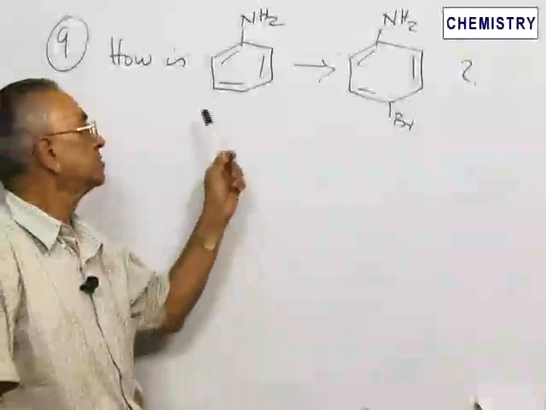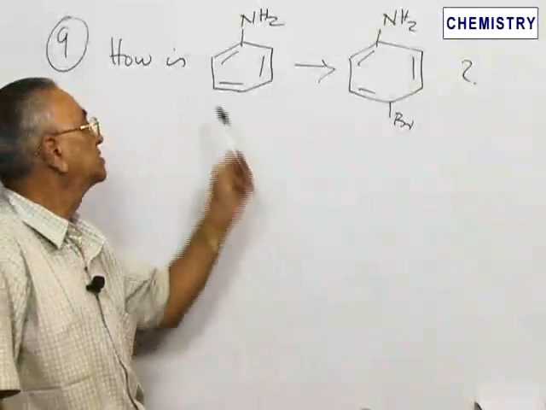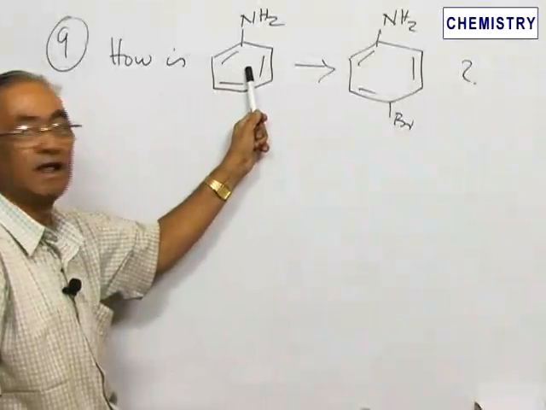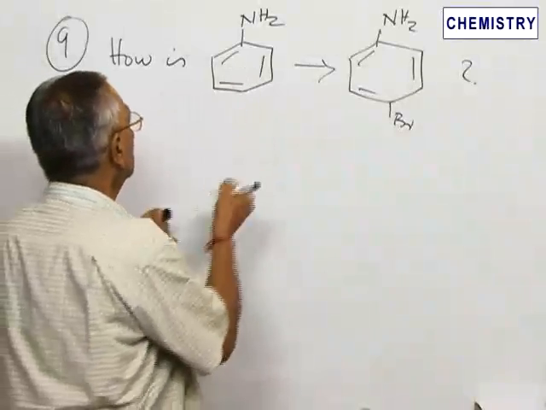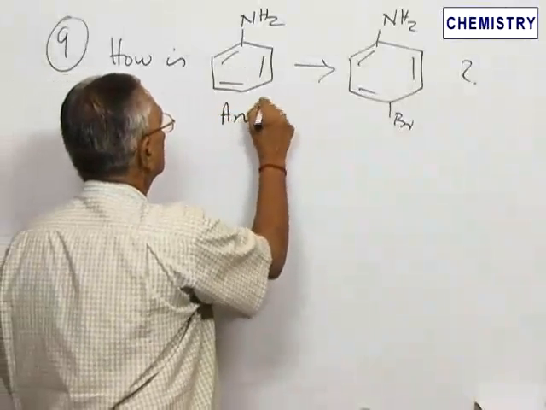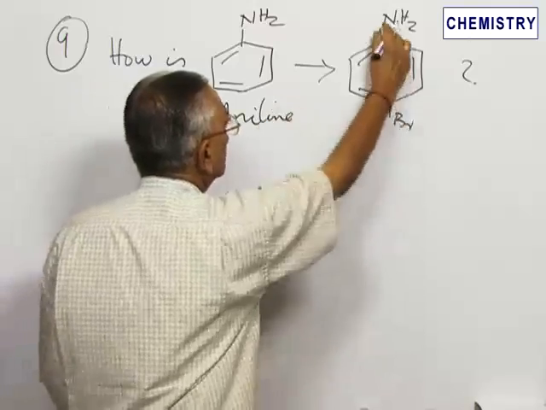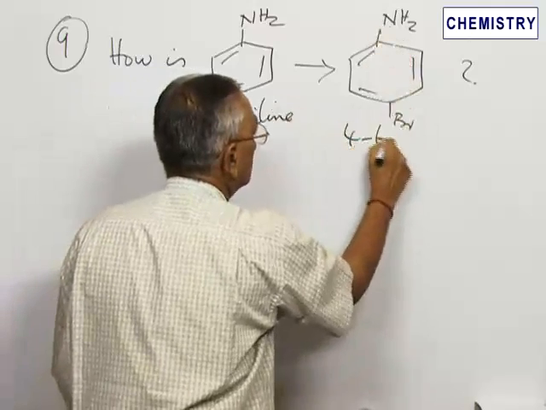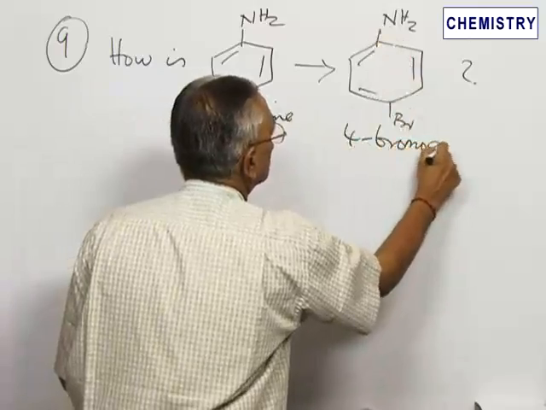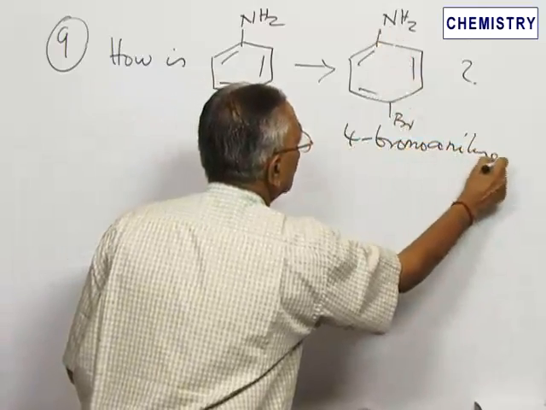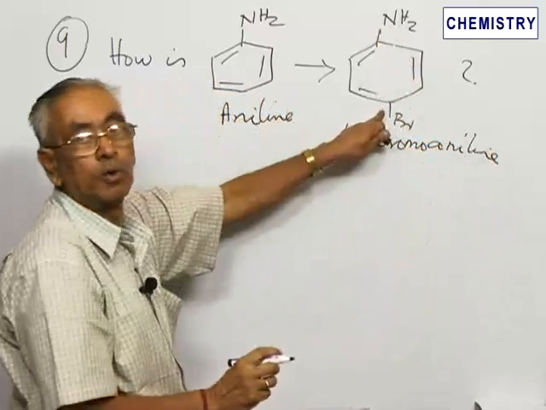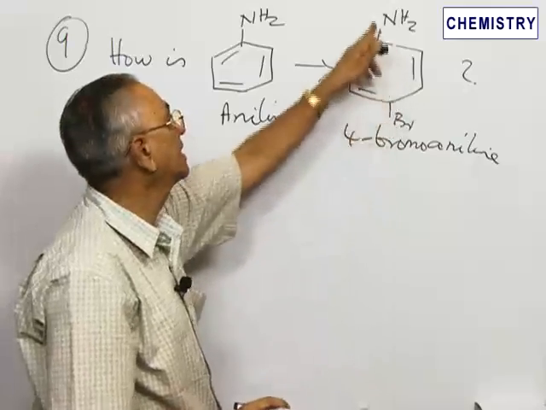This is another very simple question. How is aniline converted to para-bromo, or 4-bromo aniline? That means we want to introduce selectively only one bromo group in the aromatic ring in the presence of